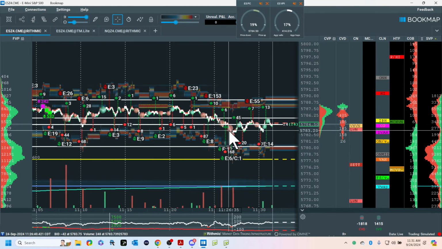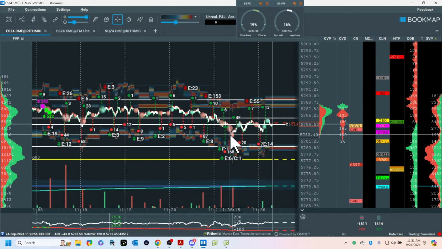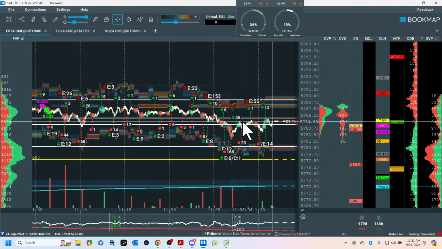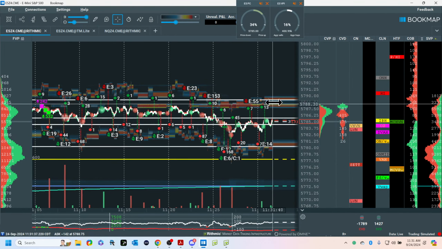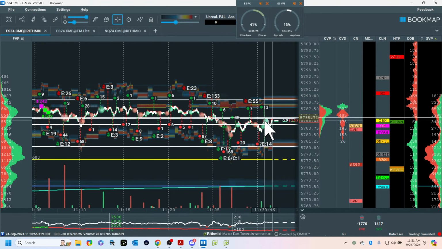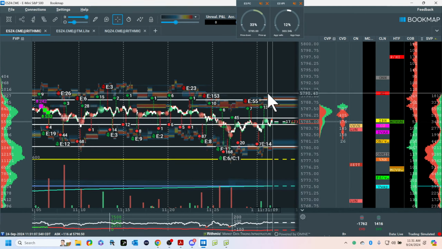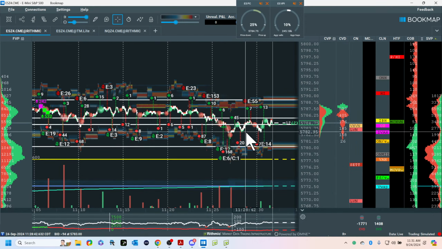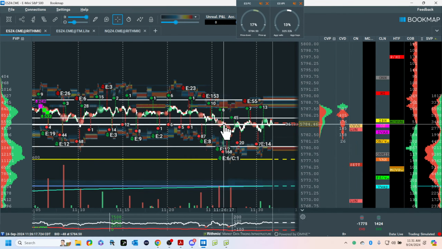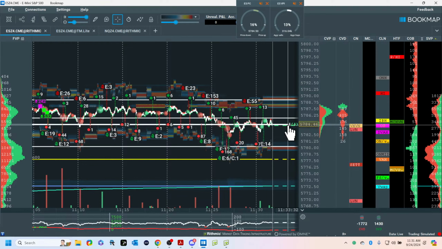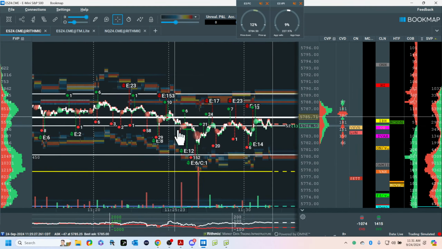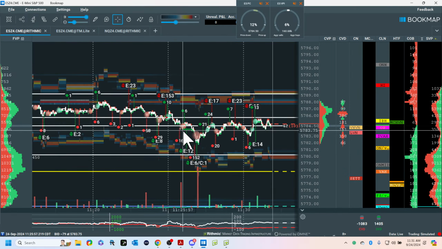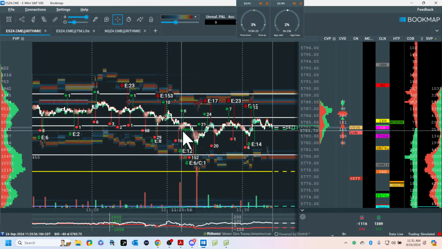Here's what I see: absorption. Sellers are here. They're absorbed. The buyers are above this seller. This looks like a long to me. So I'm not taking a long, or if I did, I wouldn't be discussing it here because I don't call trades. But I take stops too. So, by the way, guys, we don't want to take stops. No, nobody wants to take stops. But protecting the account is more important than, quote, being right.